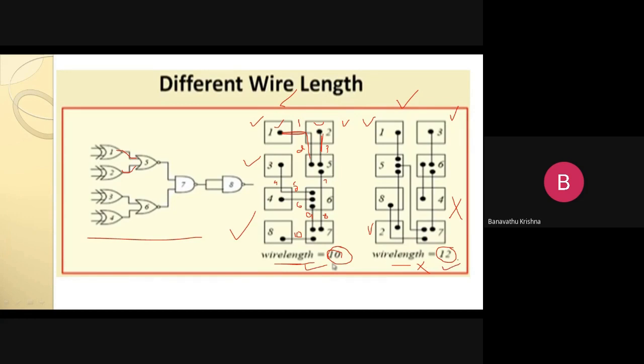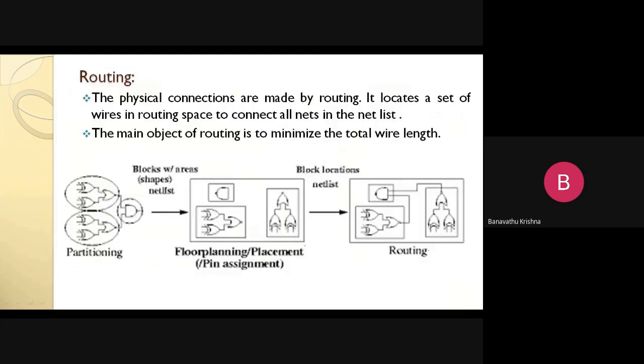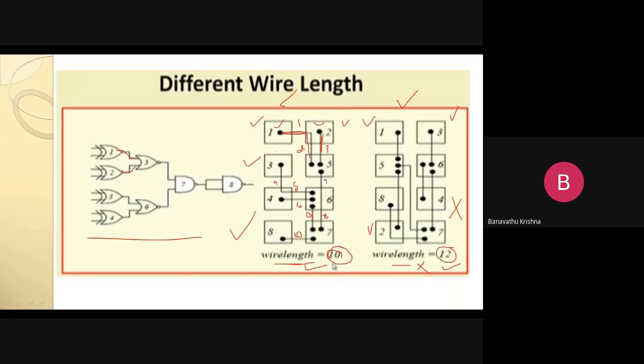So automatically we understand that as the wire length increases, the system performance is going to decrease, the power consumption is also going to increase because the wire length is going to increase, and the power optimization factor is going to be affected, right? So finally the system performance decreases, right? That is the way of placement and way of making the connections of the different modules.